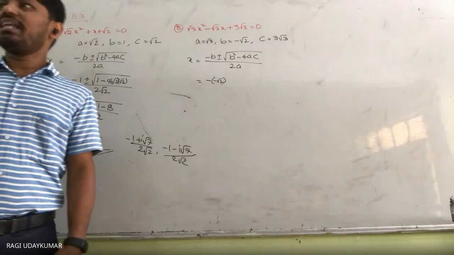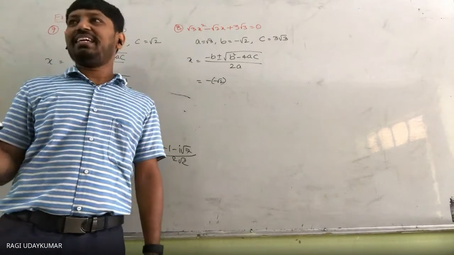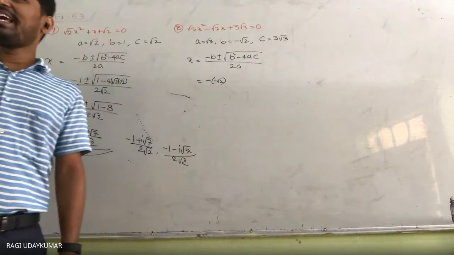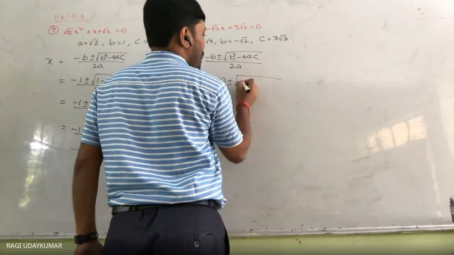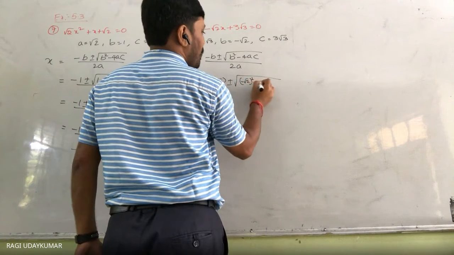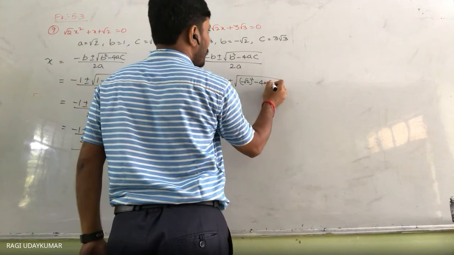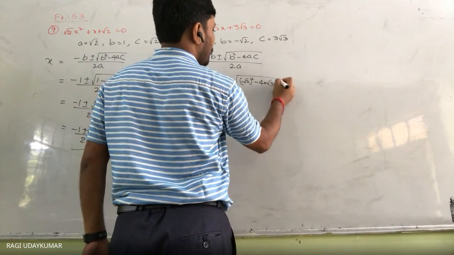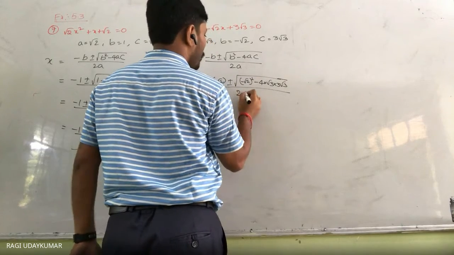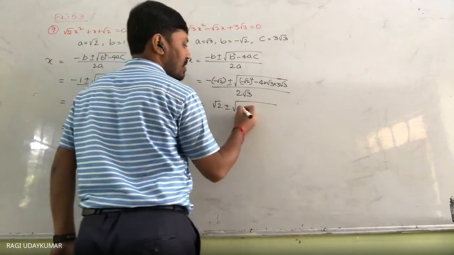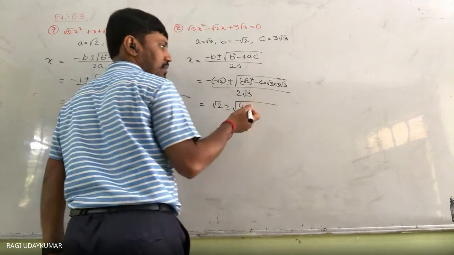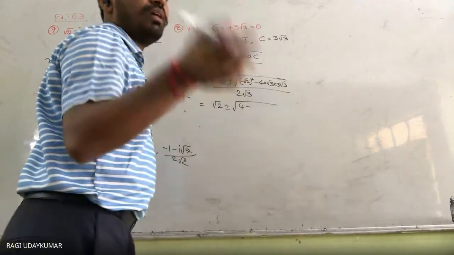ये भी ज्यादा लोग गलत करते हैं. Confusion. बस जानबूझ के नहीं है. But in a confusion, most of the students will do the mistake here. Minus root 2 whole square minus 4 into root 3 into 3 root 3 divided by 2 root 3, which is equals to root 2 plus or minus under root of 4 minus 4 3 is 12, 12 3 is